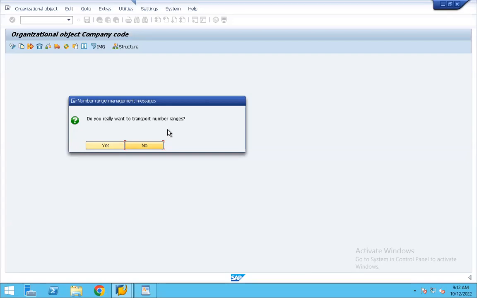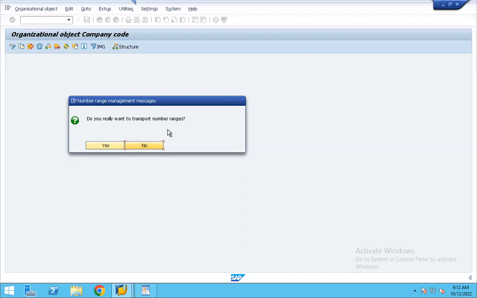Because we are creating a company code, and the company code is just an external name we have given to the configuration, why is the system copying the number range? It is not internally assigning any number, right? No. Actually, some finance documents have a number range assigned to them, so it is asking whether you also want to carry forward those number ranges which are in the development client.